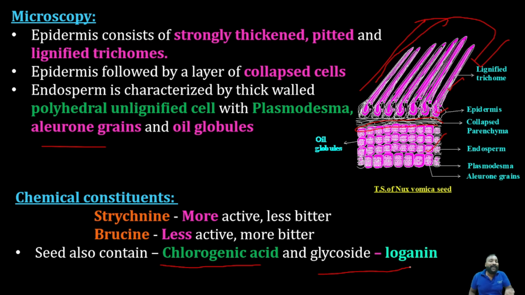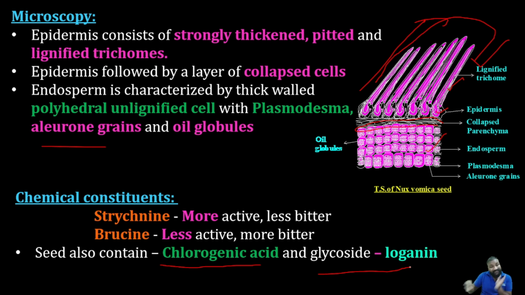But how can we classify a drug into a specific section of secondary metabolite? Like how can you confirm a drug as an alkaloidal drug? How can you confirm a drug as a glycosidal drug? If the drug consists of higher amounts of alkaloids, it can be considered as an alkaloid drug. If it consists mostly of glycosides, it is a glycosidal drug.